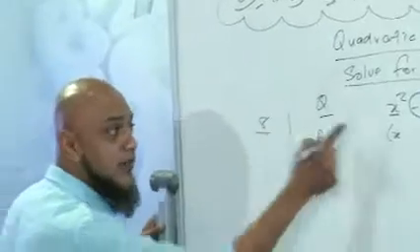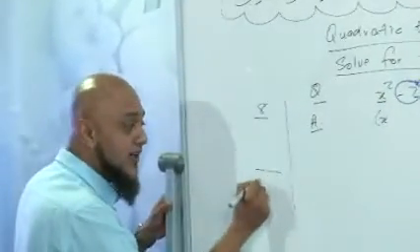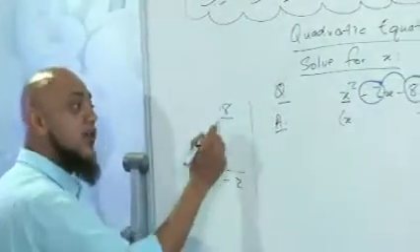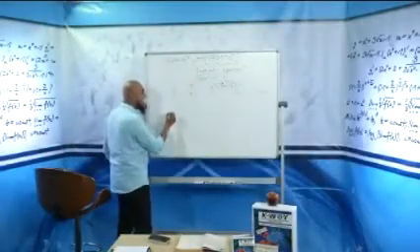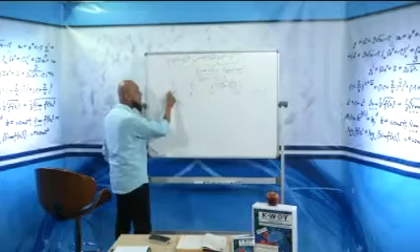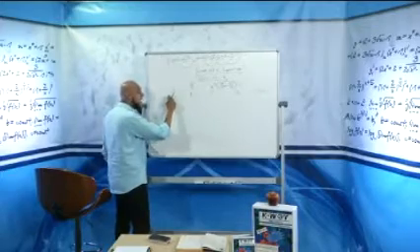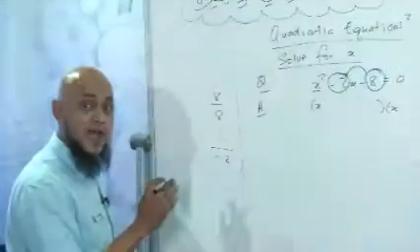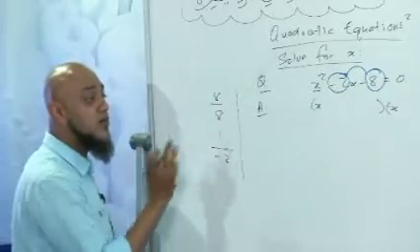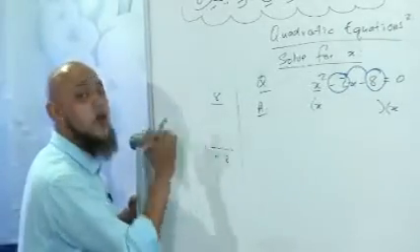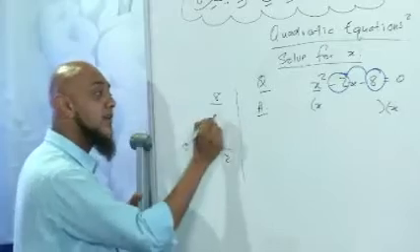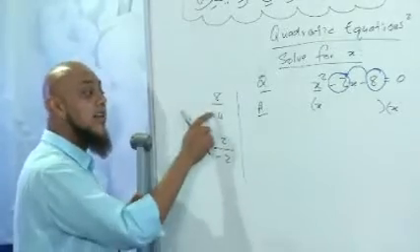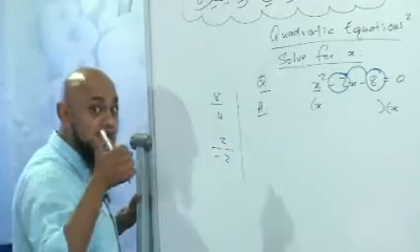But if you want to, on the side, you can actually do it physically. You can write, what are your factors of 8 to give you a negative 2 when added? So, let's be stupid. Let's be wrong. Let's say 8 and 1. Yes, 8 times 1 gives me 8. But can an 8 and a 1 give me a negative 2 when added? No, it will either give me a 9 or it will give me a 7. So that must be incorrect. Give me another factor of 8. Let's take 4 and 2. Does 4 times 2 give me 8? Yes, it does.